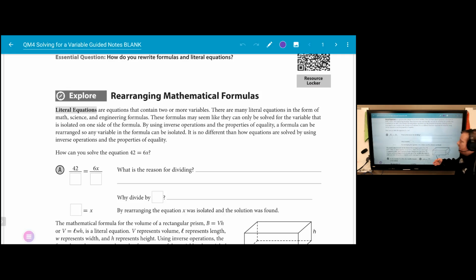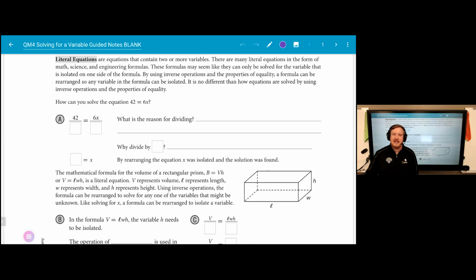This example is how do you solve the equation 42 equals 6x? Well, we know x is being multiplied by 6. The inverse operation of multiplication is division. We divide both sides by 6. It says, what's the reason for dividing? Because